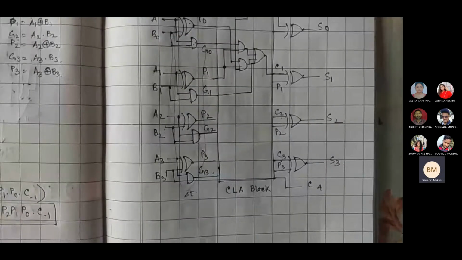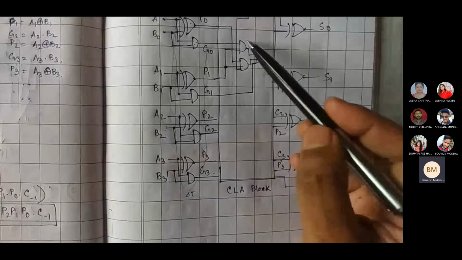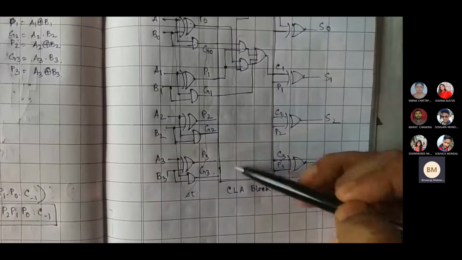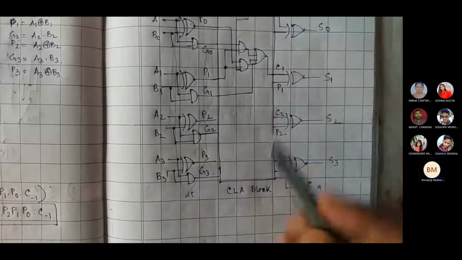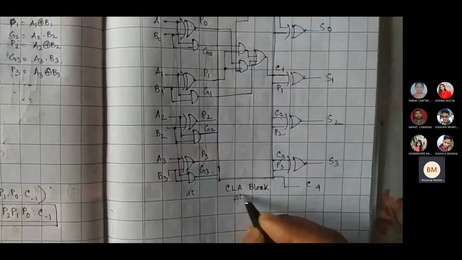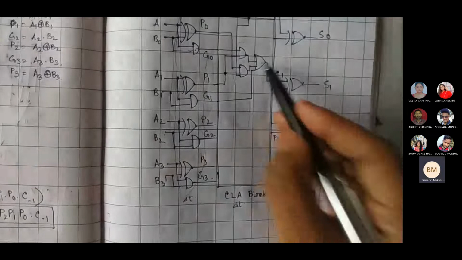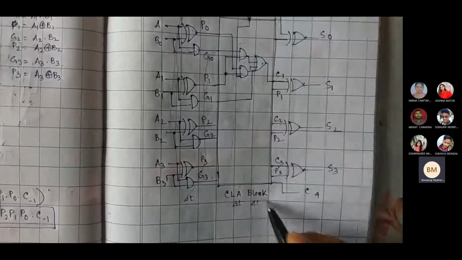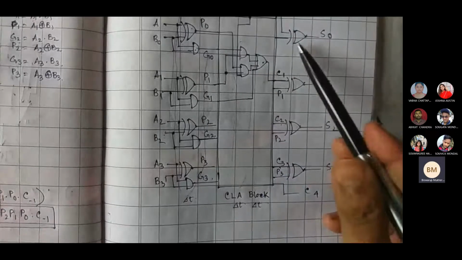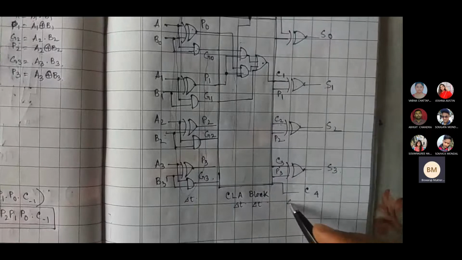Maybe this is consuming delta t time. Delta t time বাদে এটা হচ্ছে. Okay. Then this is the next stage যেখানে AND operation গুলো হচ্ছে সবকটাতে, right? So that is maybe consuming another delta t time, followed by one OR operation, another delta t time, right? Followed by one XOR operation final, another delta t time.